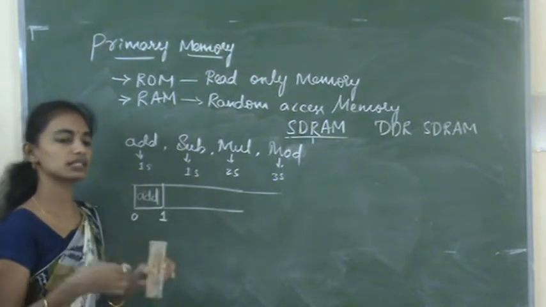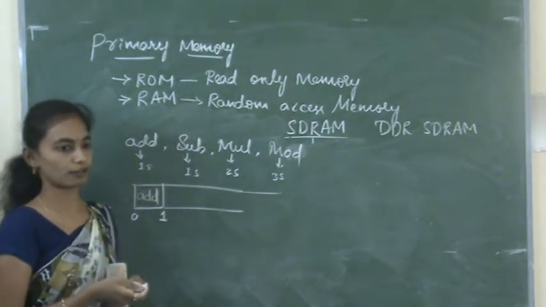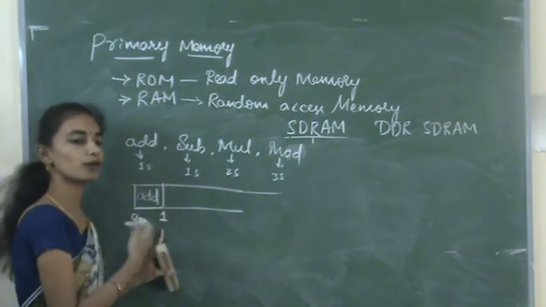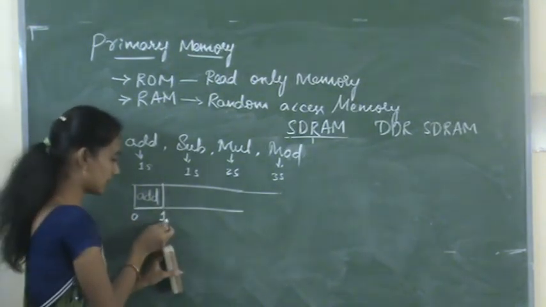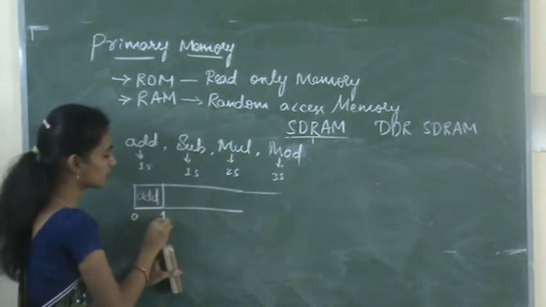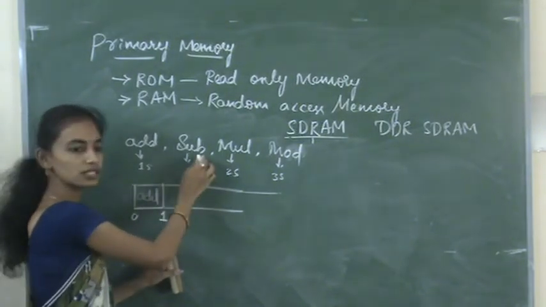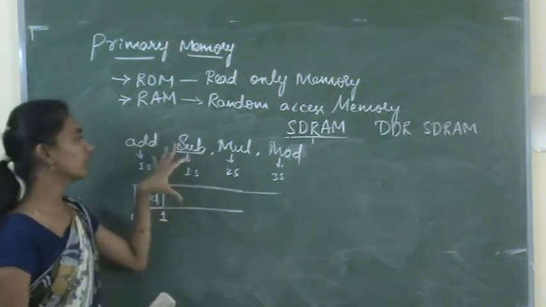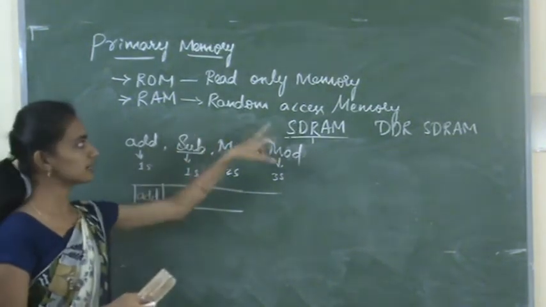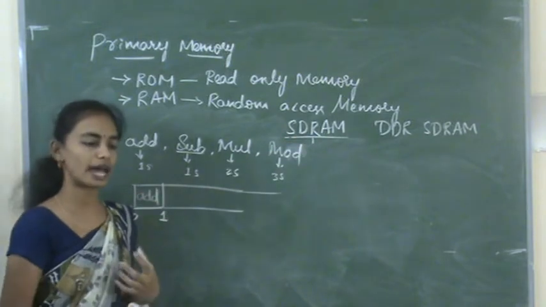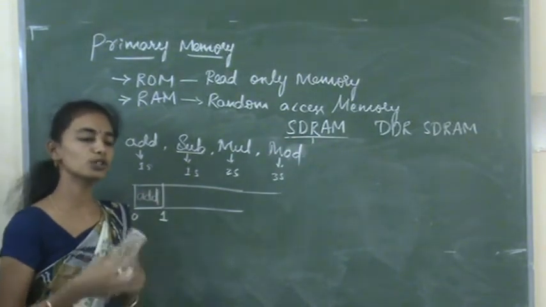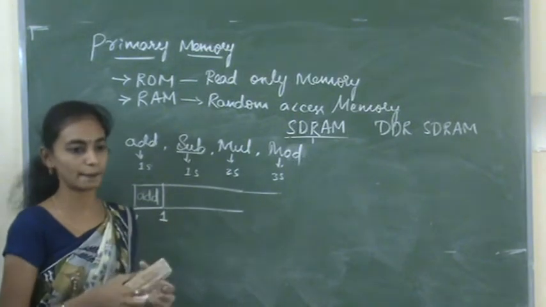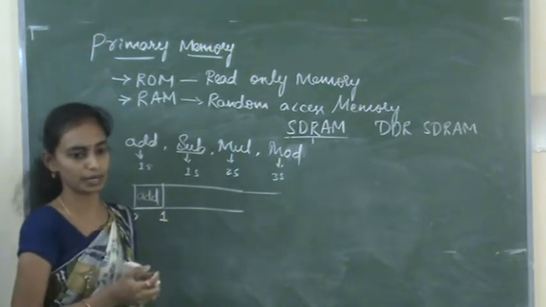Okay, so that is causing the occurrence of the performance. If it is performing the addition within 1 second, we know that after this 1 second the next instruction or next operation will be performed, right? As SDRAM is synchronized, the CPU knows when the next cycle or the next instruction will happen.